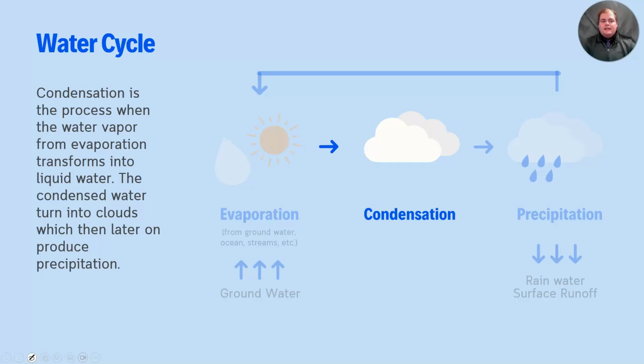Then we come to condensation. Condensation is the process when the water vapor from evaporation transforms into liquid water. The condensed water then turns into clouds, which then later on produce precipitation. Clouds are created by water vapors turning back into water droplets, but congealing to dust particles in the air. So when a bunch of them come together, obviously you get